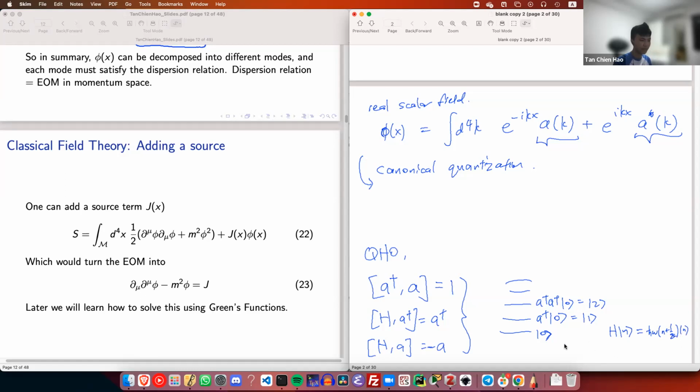So each of these states are eigenstates of the Hamiltonian, and by acting on them with these raising operators, you get higher and higher energy states. So it turns out that these Fourier coefficients actually become raising and lowering operators. So what that means is that, if you have